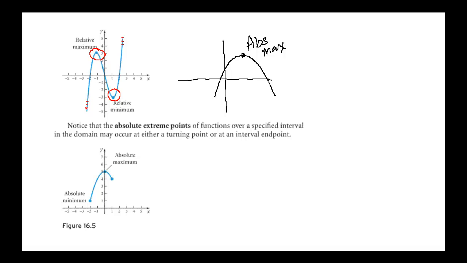So generally, we would also have extreme points. They could also occur at endpoints. So in this particular example, we are on the interval from -2 to 1. This particular function has an absolute maximum, just like the one that we saw up at the top of the curve. But then since we are cutting off at these endpoints, this point down here, this absolute minimum, is the lowest point on the graph on this interval. So that would be our absolute minimum. That other point is not an absolute minimum or maximum. It's just an endpoint. Okay. We have some other examples on the next slide.